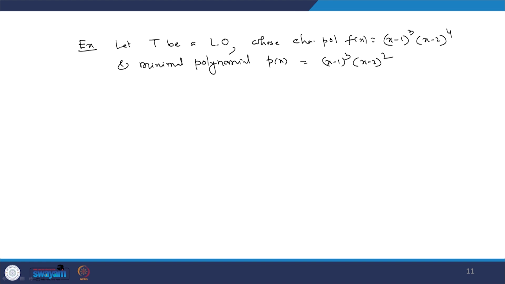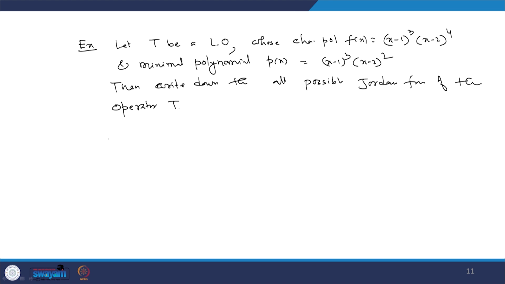Then write down all possible Jordan forms of the operator